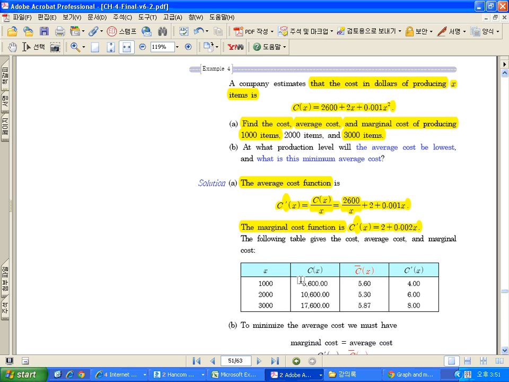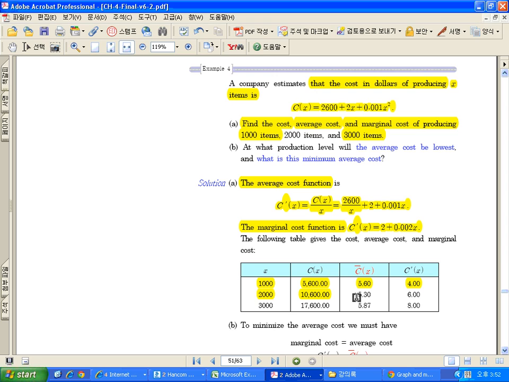So the cost function is like this one. If we make 1,000 items, then the total cost is found by substituting 1,000 here, and we will have $5,600. Then just divide by it to get the average cost. But the marginal cost is only $4. After that, if you make 2,000,